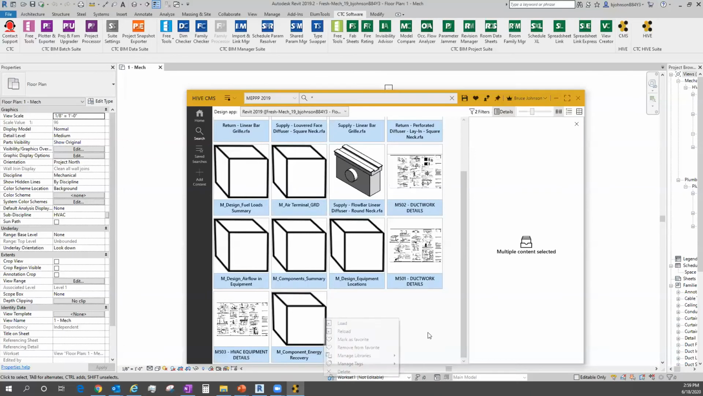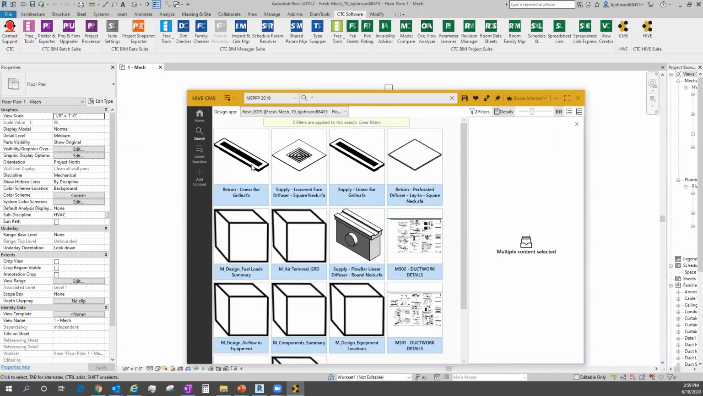Instead of doing that, because it takes 3 to 4 minutes to load those at the moment, I'm just going to do a couple diffusers, near terminal, and sheet 501 that's got probably 10 details on it. If I grab those and say load, hopefully this will only take about a minute or so